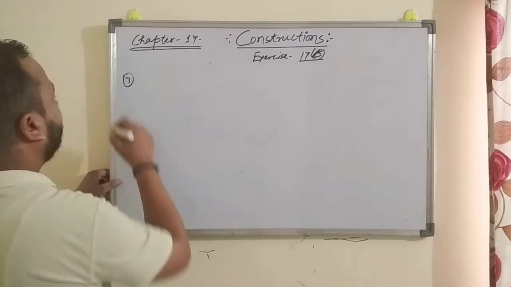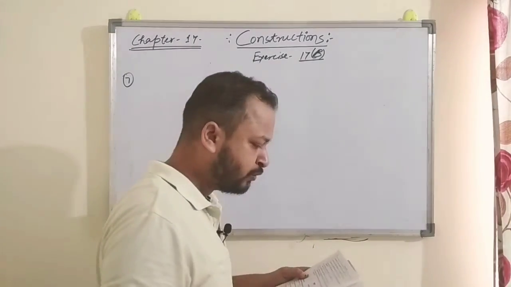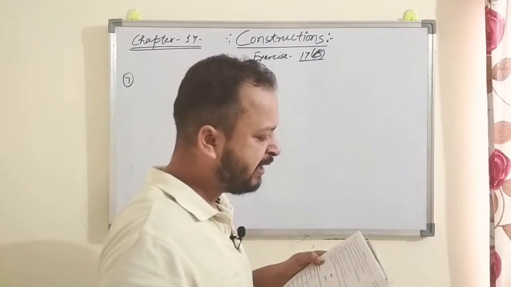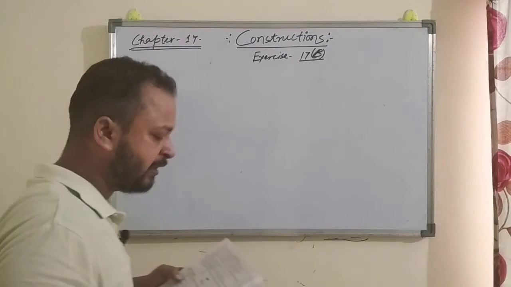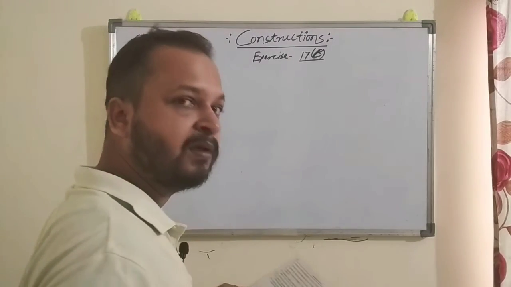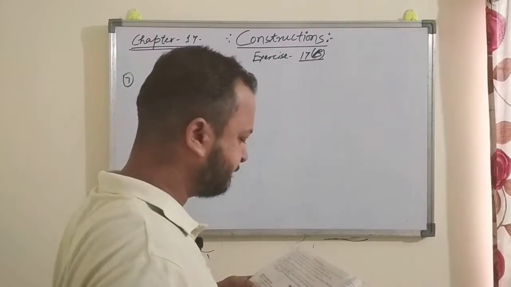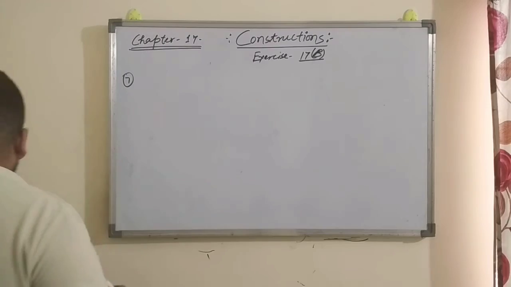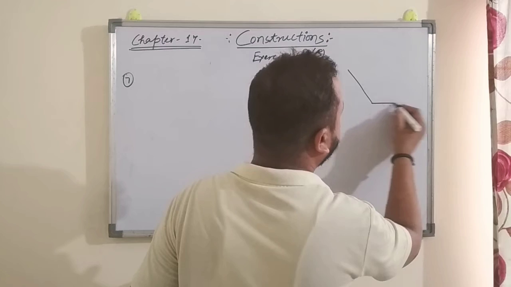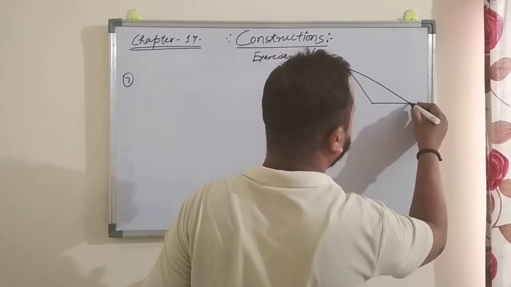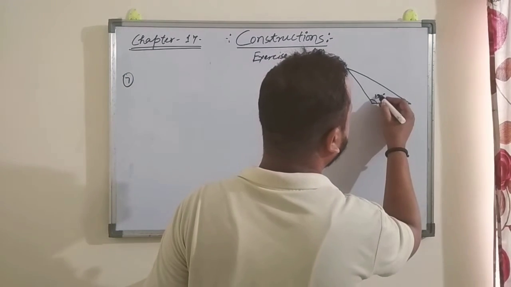So now we have to construct a triangle where two sides are given and one angle is given. So AB and AC is given as 5.2 centimeter and angle A is given as 120 degrees. It means this is an obtuse angle triangle, and draw AD which is perpendicular to BC. So suppose this type of triangle we have to make. Once constructed, this angle is 120 degrees.